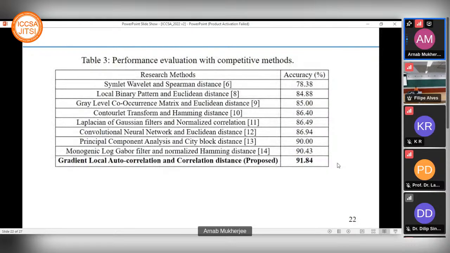The table shows the comparison of our method with other competitive methods, but it is not feasible to compare our result with previous results because most of the authors use different strategies in classification, feature extraction, and preprocessing stages, on different types of databases with different distributions. For example, Pujara in reference 10 used